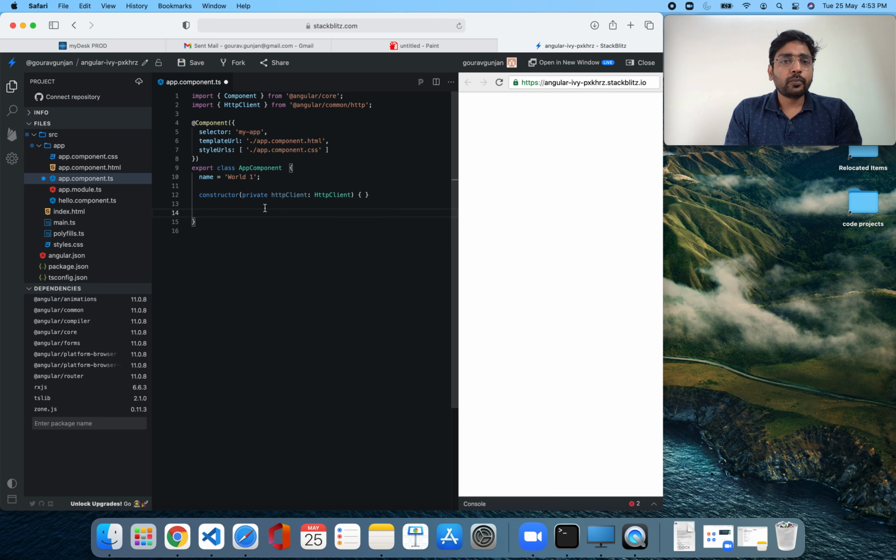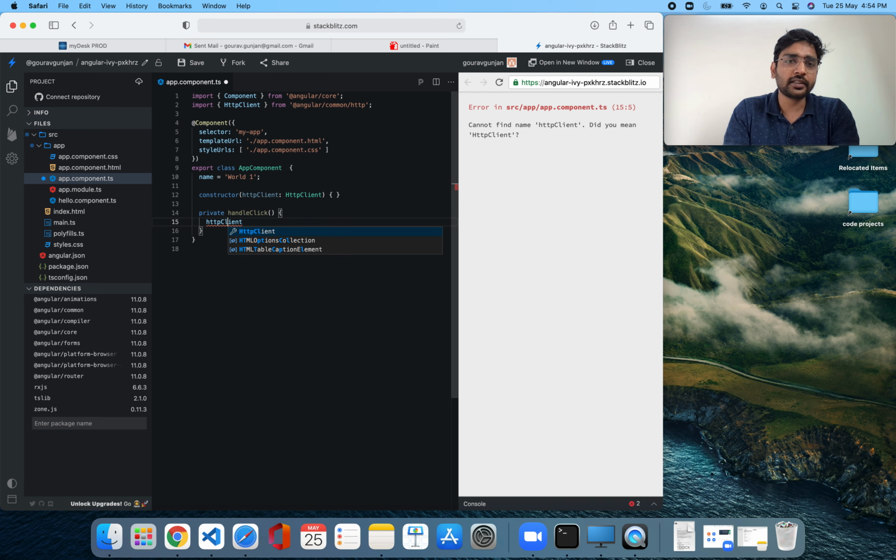So okay, before we continue, there is a small bit of thing which I want to say about dependency injection. What happens if I remove private here? Now if I created some private method inside this class, let's say handleClick, any name you want to give, and if I access HTTP client now, you will find that I can't.